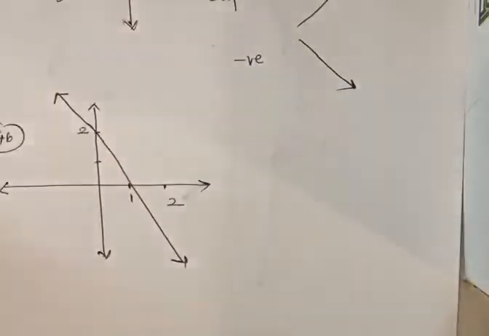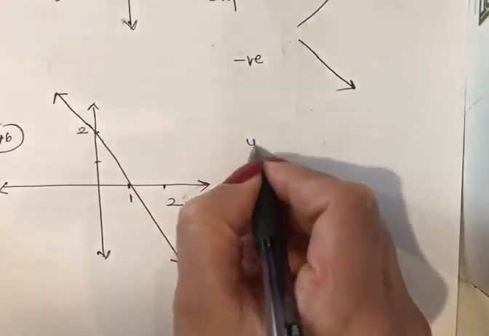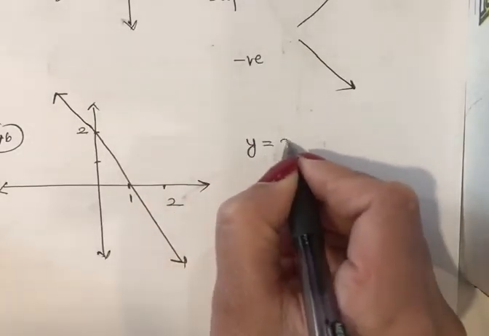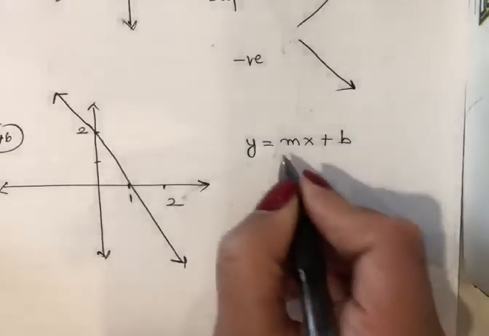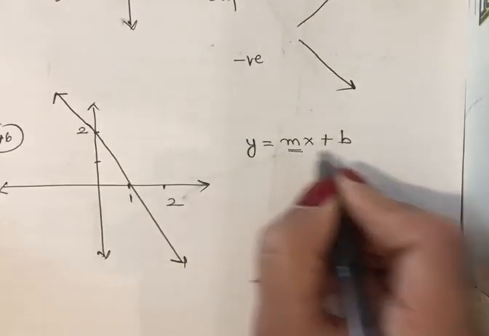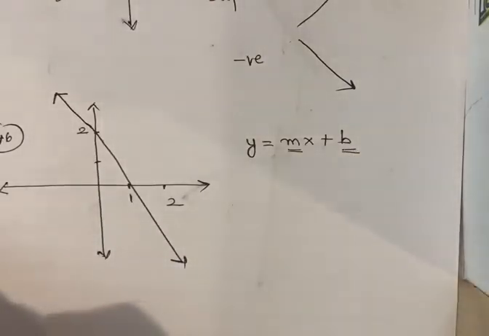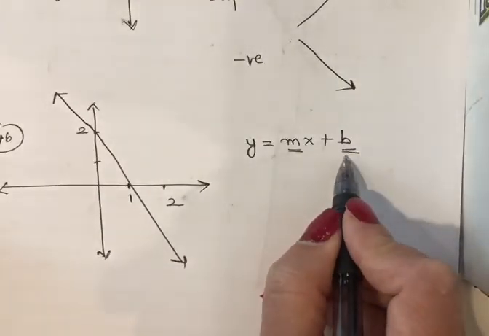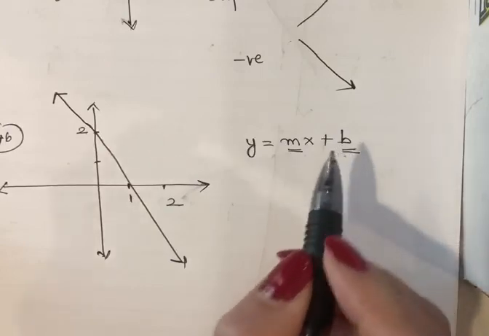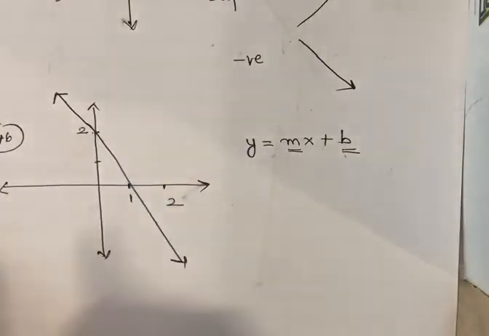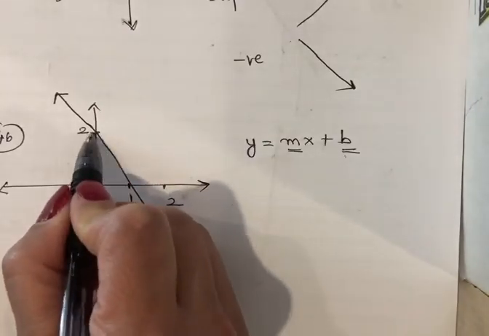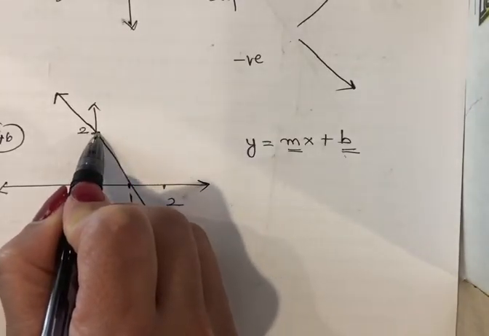Now if you're looking at the slope-intercept form, a formula that you have to memorize is y equals mx plus b, where m stands for the slope, b stands for the y-intercept. What do you mean by y-intercept? It is the point where your line intersects the y-axis. So in this case, our y-intercept is here, 2. As a point, we can write